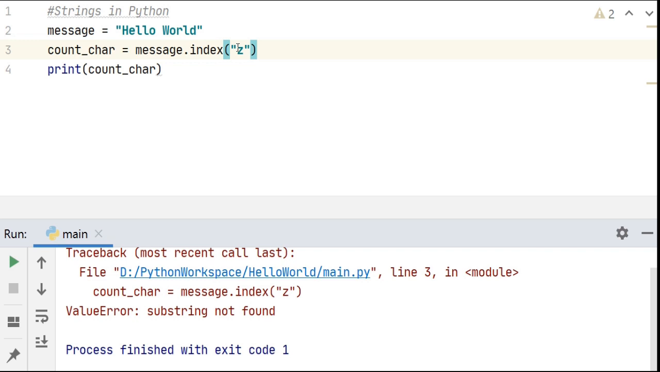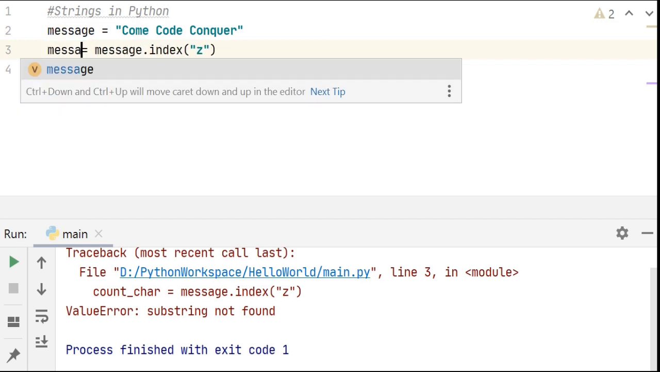Right? So the next method is called the split method. This is a very cool method. It splits the string using a delimiter. So let's change our message variable to a new value. Let's say "come code conquer". And I want to split this using spaces. So let's say